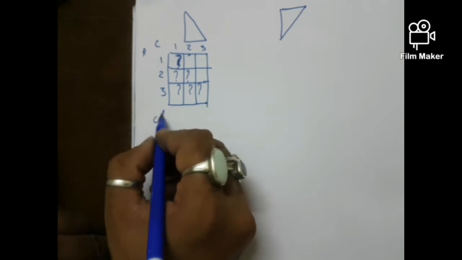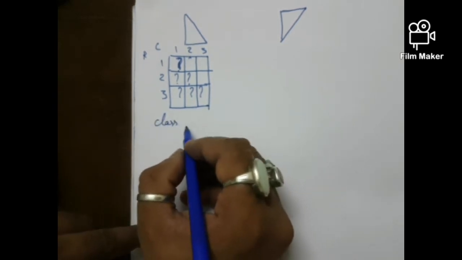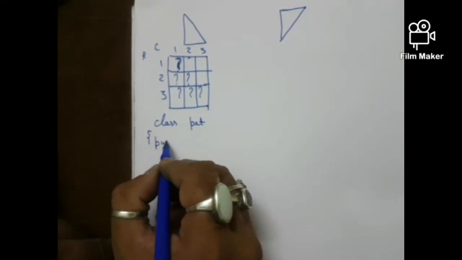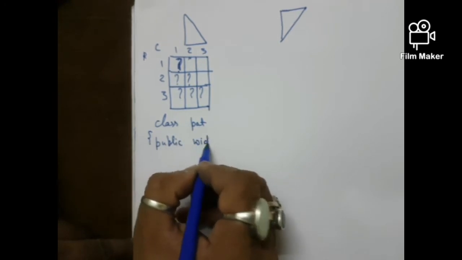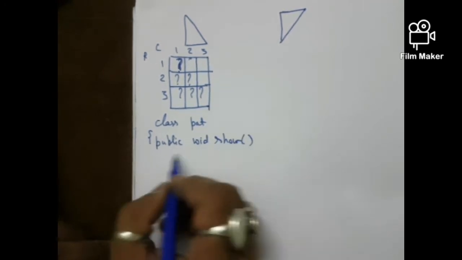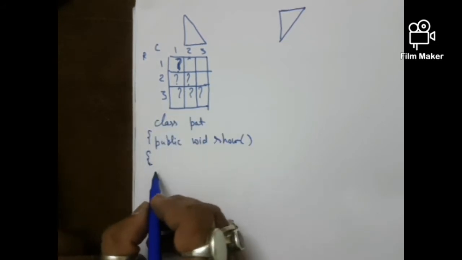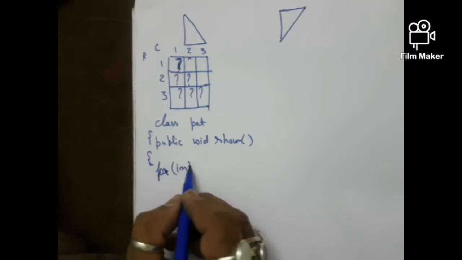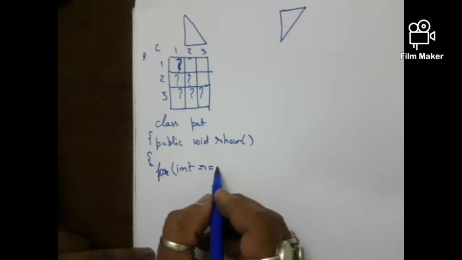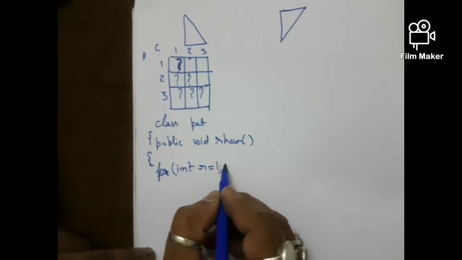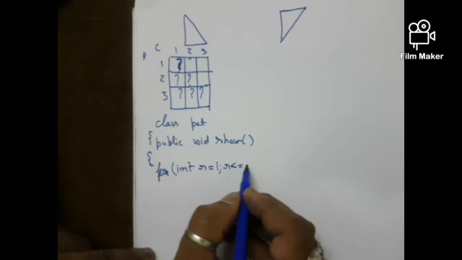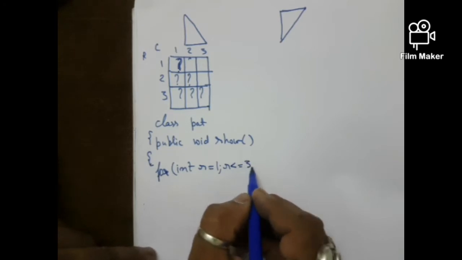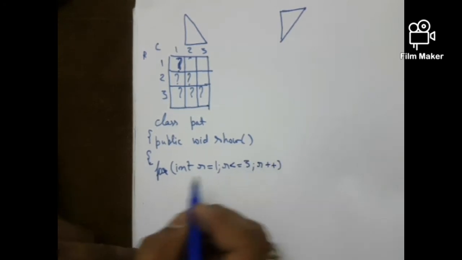I'm going to write here a class as we are writing a Java program. So class pat for the pattern and public void show. Now how many rows are there? So the outer loop, as I've already told you, is for the rows. So here I write int r. I have written r with the purpose that you always remember that this is meant for the row. Otherwise you can have any other name for the variable. How many rows are there? 3. r is increased by 1.